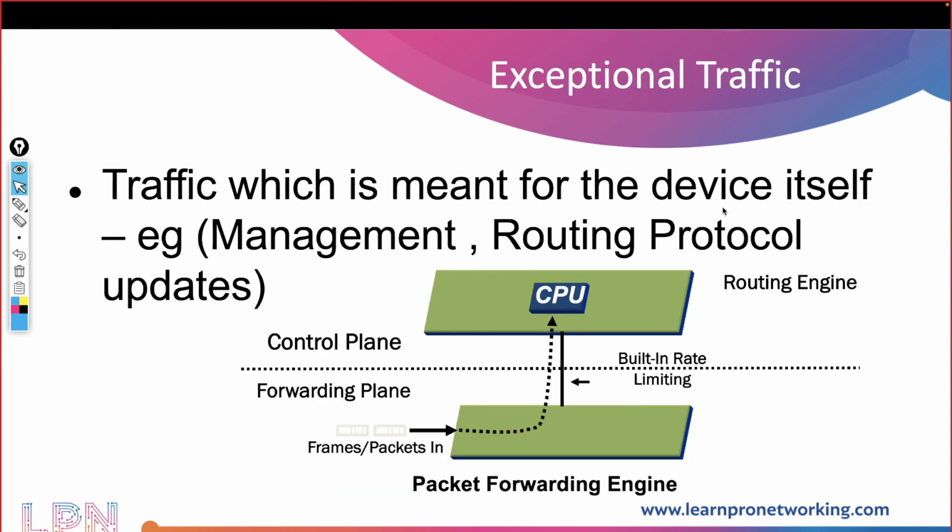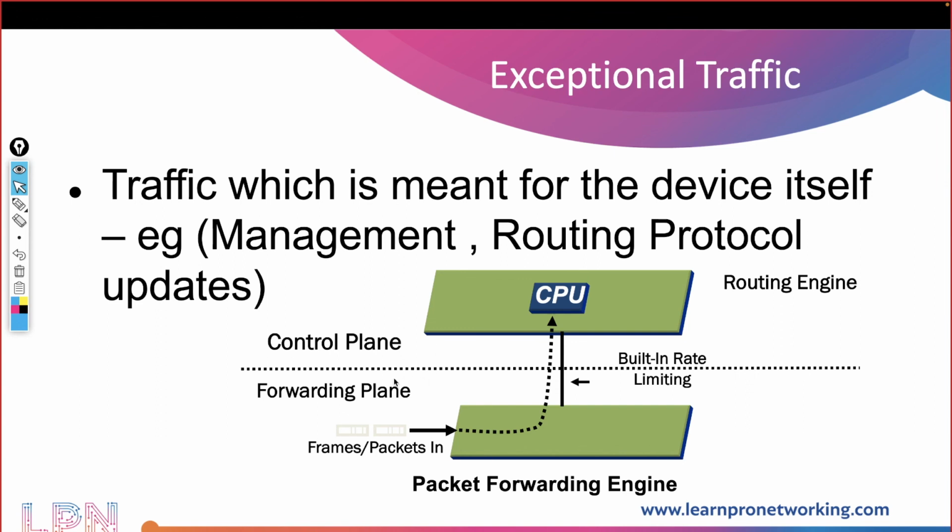Whereas exceptional traffic is the traffic which is meant for the device itself. Somebody is doing something like management traffic or routing protocol updates, all of them are meant for the device itself. So though the traffic is received via an interface, it has to be given to the CPU, because some updates could be happening, or somebody could manage the device. So traffic which is meant for the device itself is called what? Management traffic, exceptional traffic. The traffic that is received on one interface and forwarded out via the other interface, we call that what? Transit traffic,